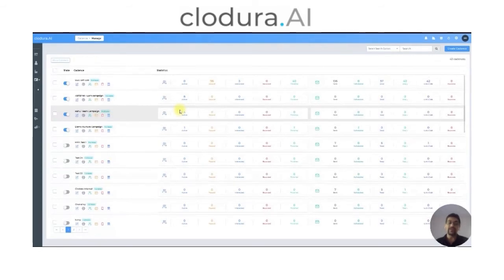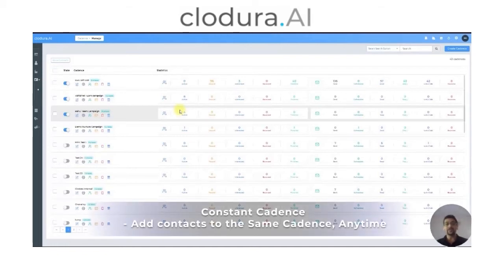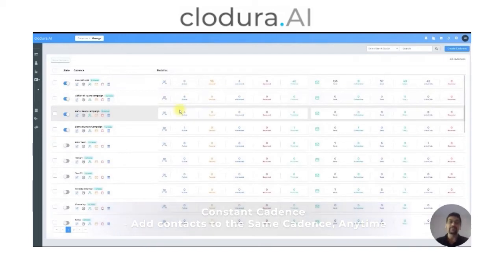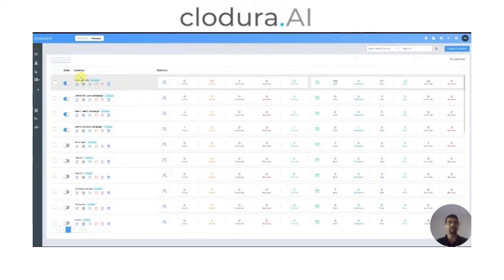This constant cadence allows you to create a cadence only once, but it will always remain active as long as you keep it active. So you can create a cadence once and keep on adding more and more contacts into the same cadence, so that you can reach out to more contacts with the same cadence instead of having to create a new cadence every time for new contacts. That is one of the predominant differences in the cadence that we have created right now.